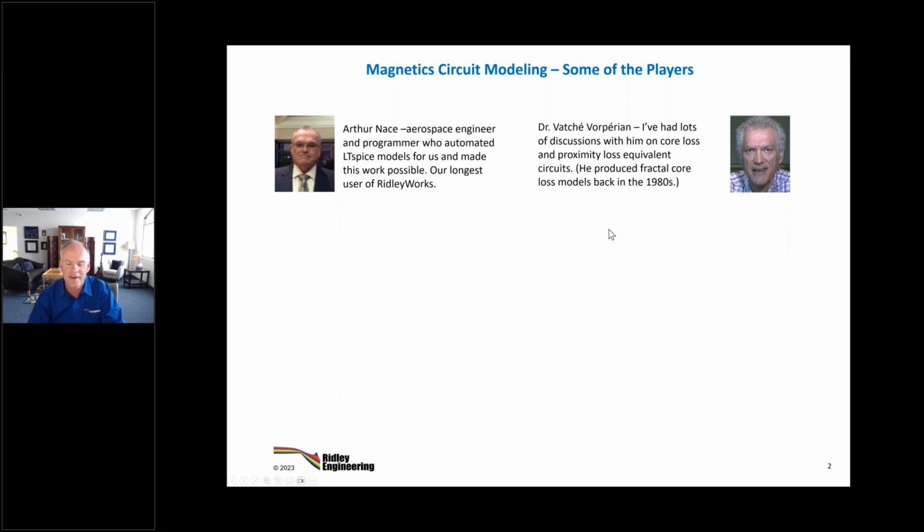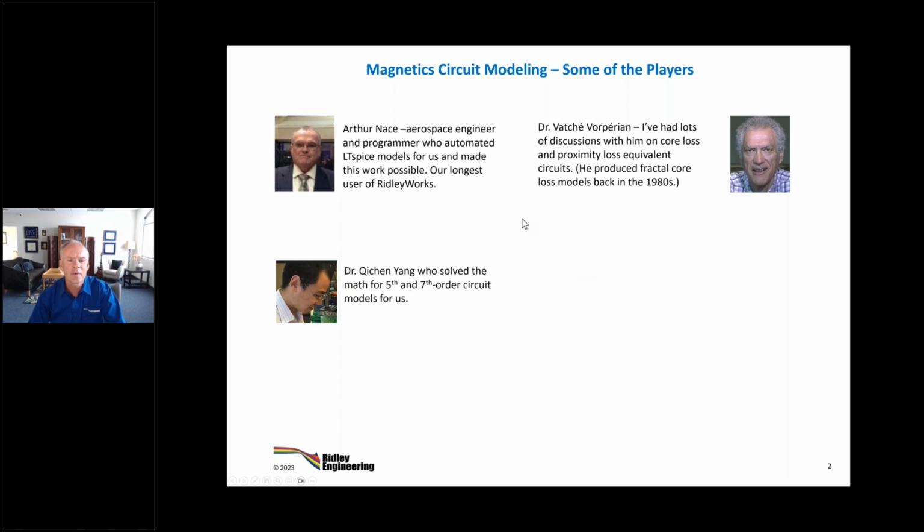fractals in general had a very important role in modeling fractional frequency response terms that he applied to core loss way back in the 1980s. I think he was probably the first one to do that. And we're going to see in some of our measurements, and in the predictions of proximity loss, that these fractional terms in the frequency domain are very important, and we need fractal models or partial fractal models to produce that. So anyway, thanks to Vache, and always ongoing discussions with him about how to get things done in this field.